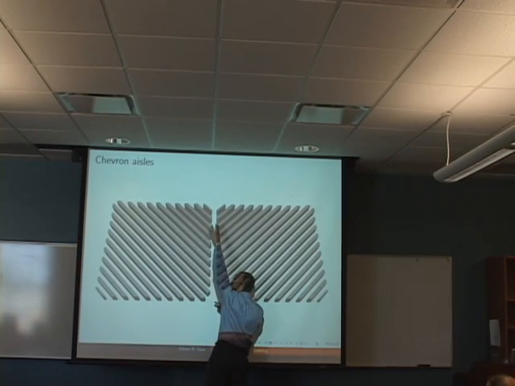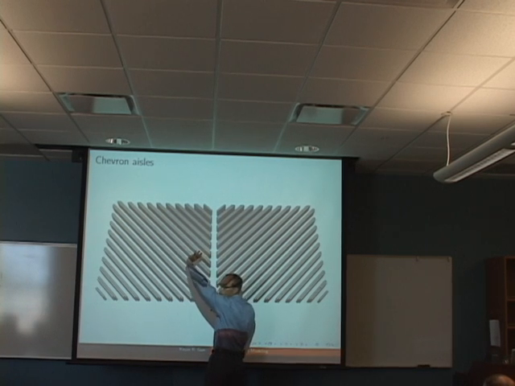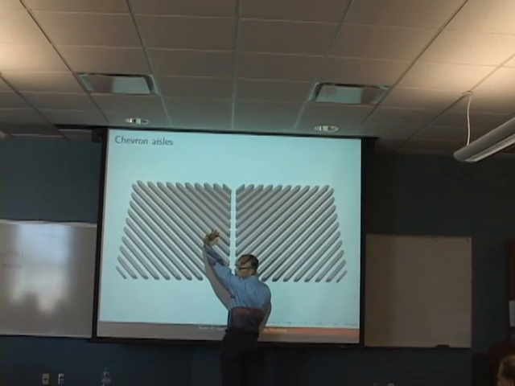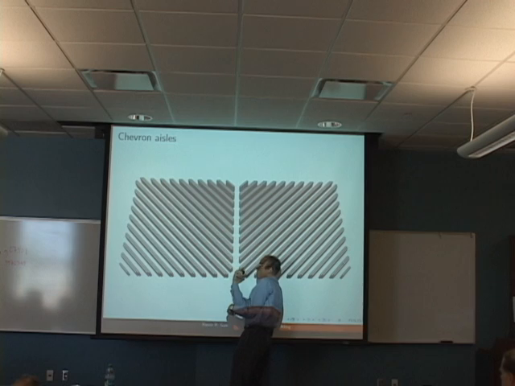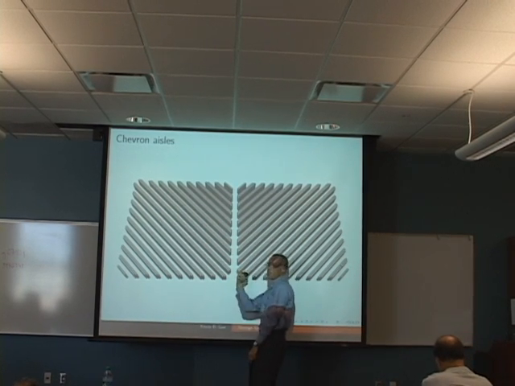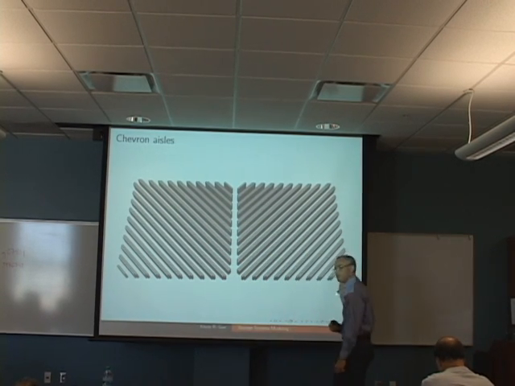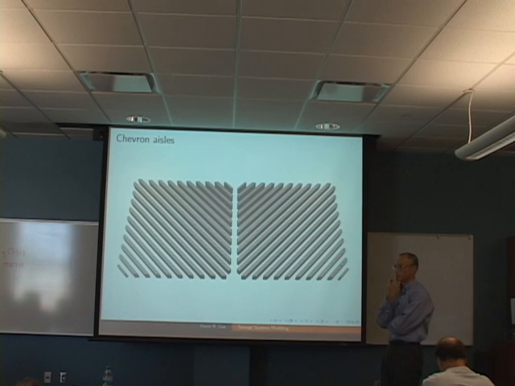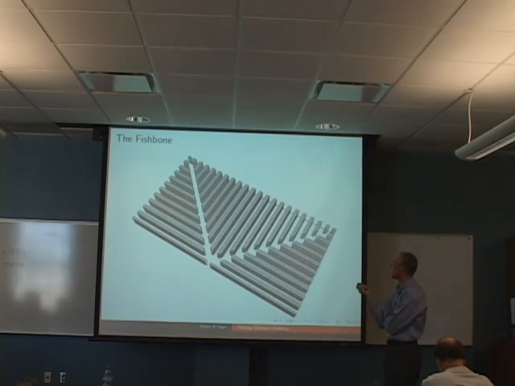Yeah, that's right, I see your question now. Oh, you're talking about this direction. No, I'm not doing this one at all. That's right. When you went to the fishbone, how does it matter? You could make that sort of square and then